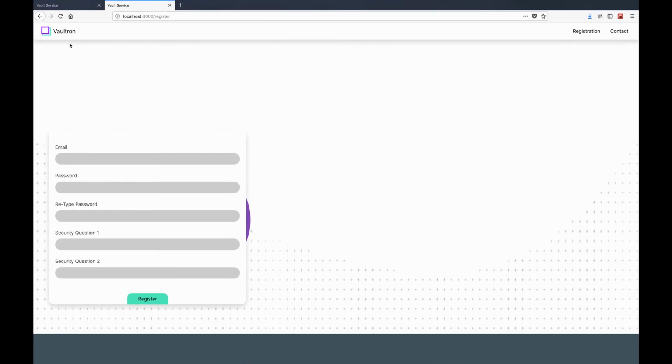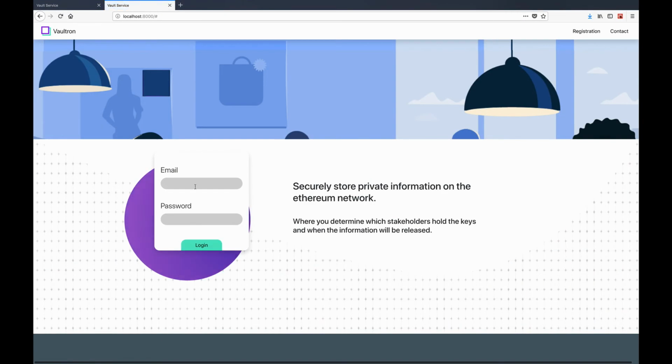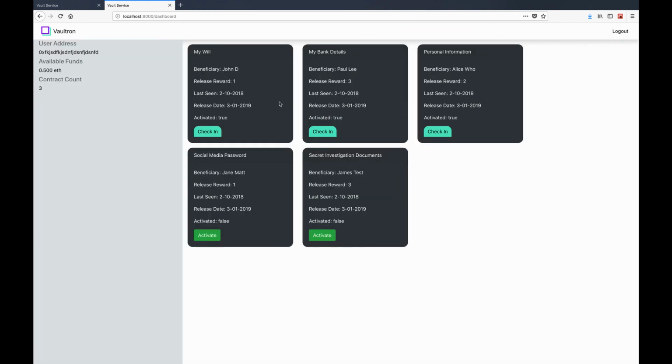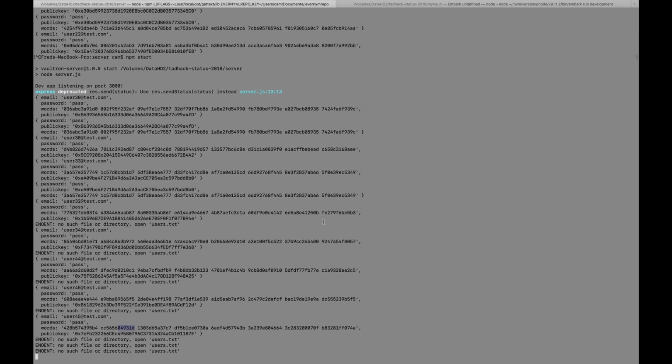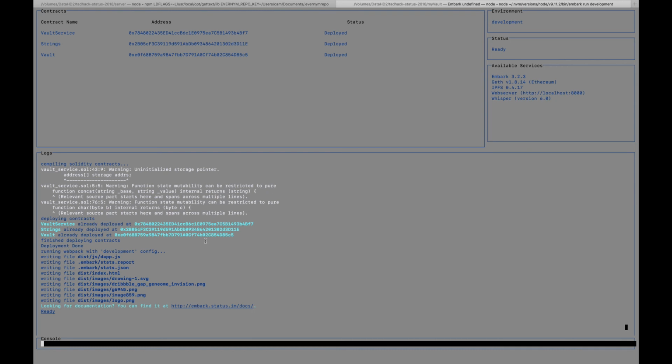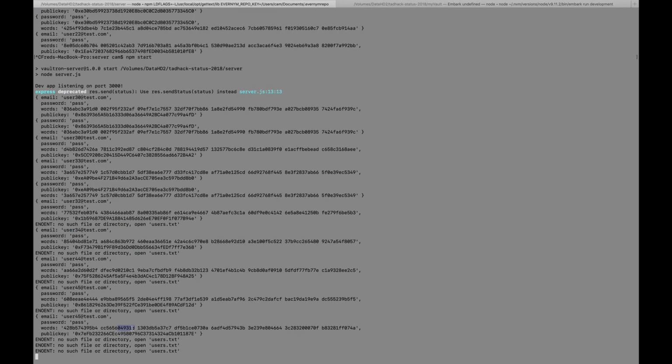So after you logged in, you can see in here the vault address, and then also you can see you can create different contracts within that. So then I'd just like to show you here. Here we have the vault address. Here's the vault, and then also here you can use, these are the different keys which the stakeholders would use to formulate their private